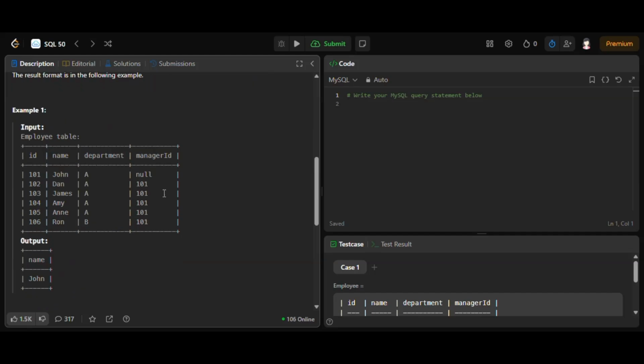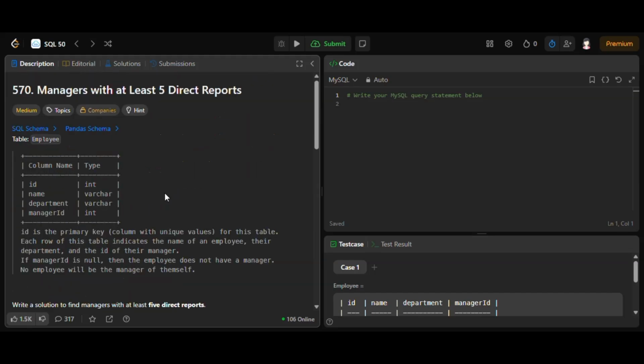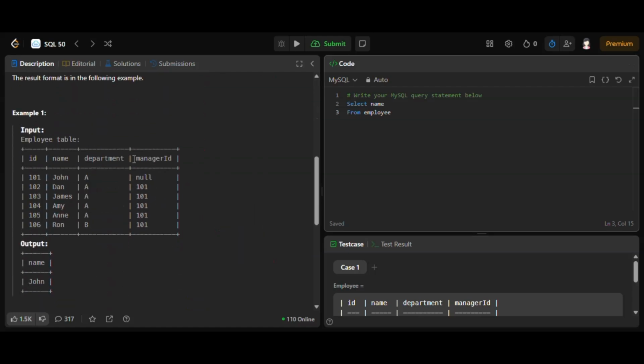I think the question is clear. Let's jump into the query session. We are told to print the name, so we are selecting the name from the employee table. Here we are going to use a self join, that is, we are going to join this table with itself. The ID in this table is getting joined with the manager ID in the same table. So we are aliasing it 2 times, as E1 and